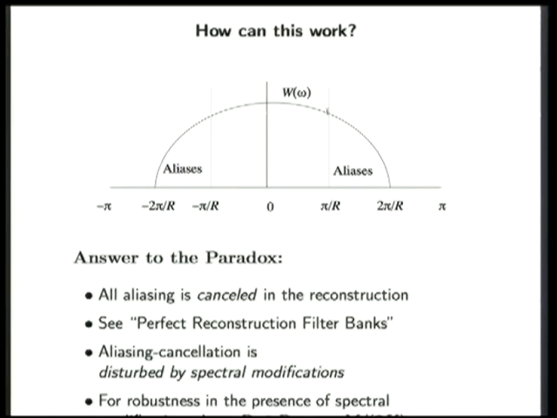That means that in the output of the filter bank, all of this information is aliased. So look how much stuff is aliased. Basically, the outer half of the main lobe aliases down onto the inner half of the main lobe. So it's a very heavily aliased signal. And so